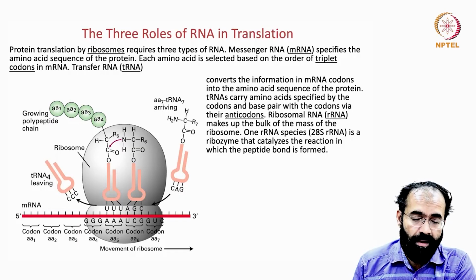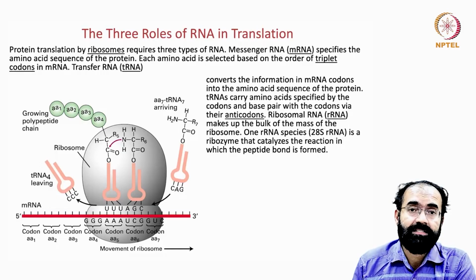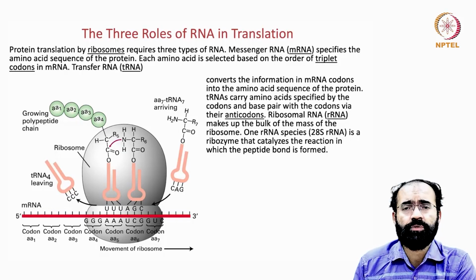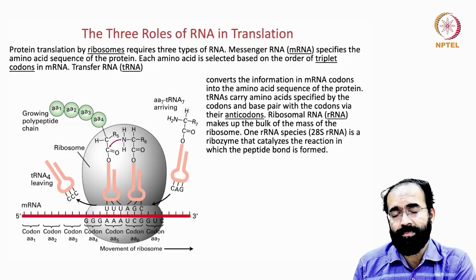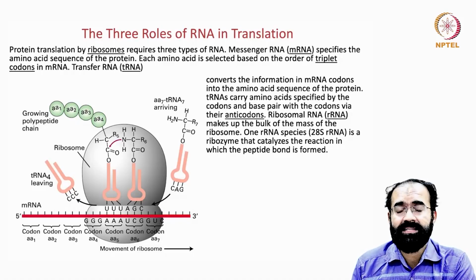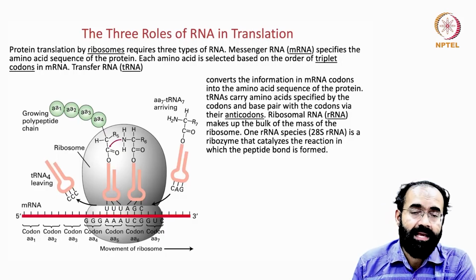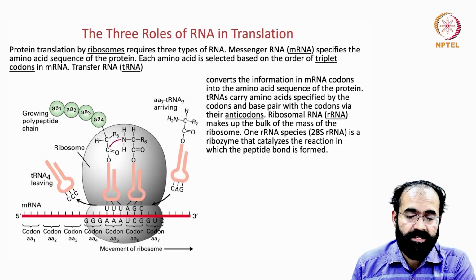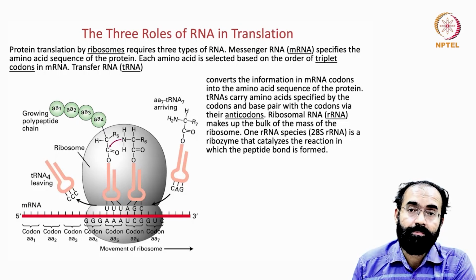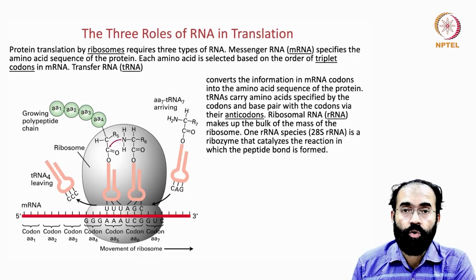Each one corresponds to amino acid 1, amino acid 2, amino acid 3, amino acid 4. And you can see here, each of the tRNA, when it is done, because it entered through the A site, and the peptide bond is formed in the P site, and it is eliminated through the exit site, E site. So this is a removed tRNA. This is the ribosome, two bubbles, and you can see the middle one where the peptide bond is actually formed. That is the one which is having the growing amino acid chain.